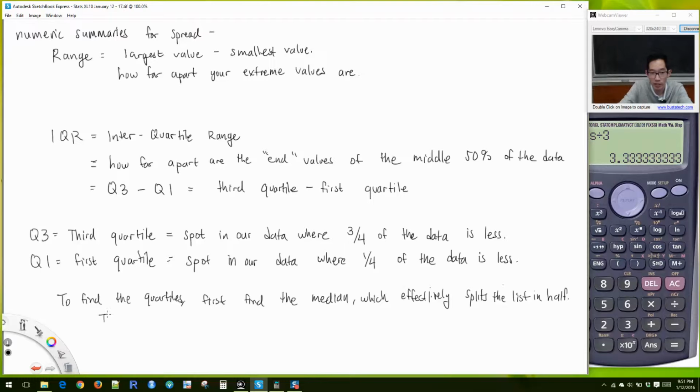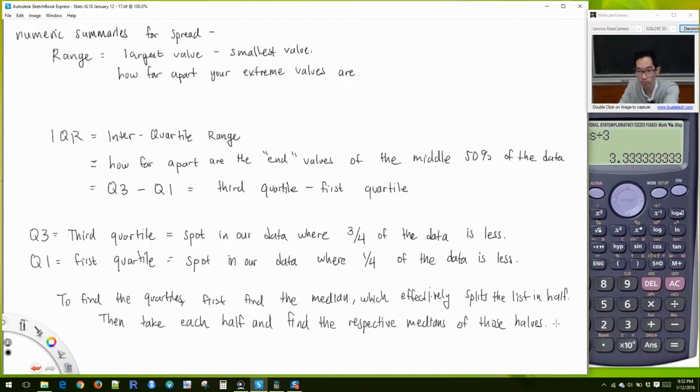Okay, then take each half and find the quote median of each of those halves. Then take each half and find the respective quote medians of those halves. Okay, so I'll give you guys a minute to write that down, and we'll try this out with a